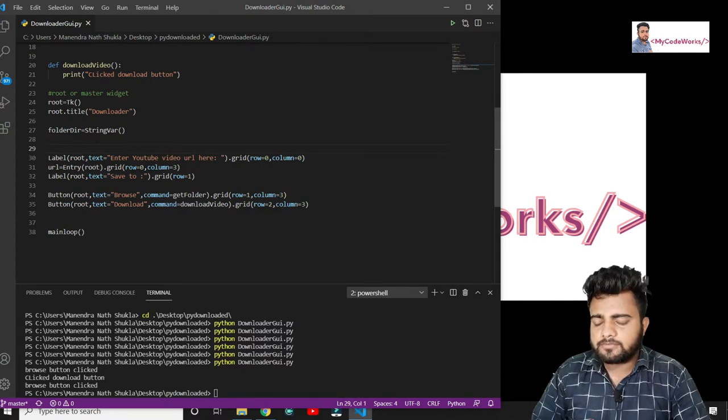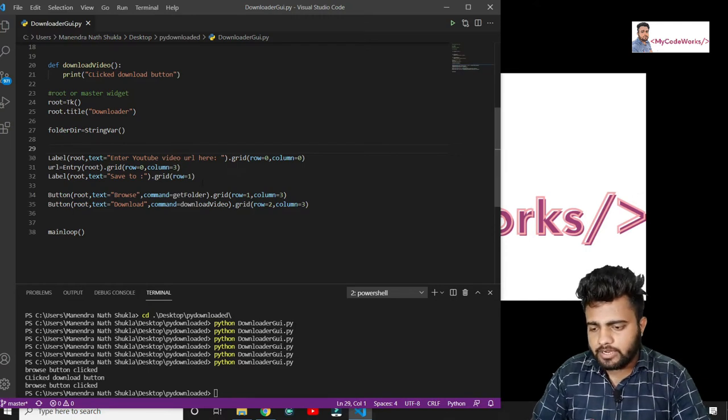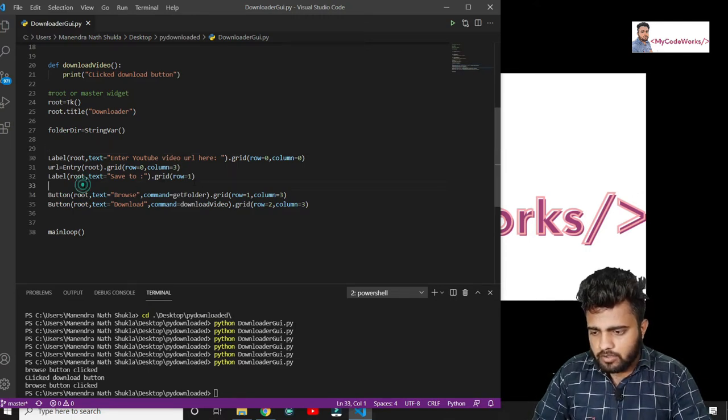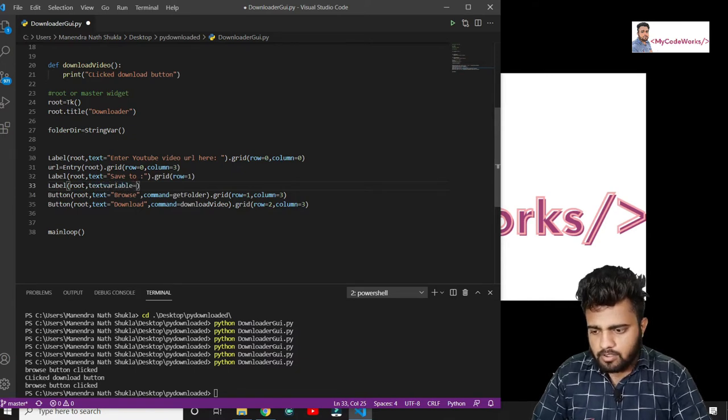That one will be for showing the particular directory that we have chosen. That will be in between the save to label and after that, Label, root, textvariable. The textvariable will be this one, folder dir.